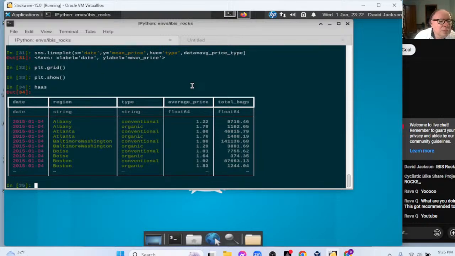What else do we have back up here? Oh, I made a fatal mistake. Oh, crap. I forgot to exclude. This is all the data from all the regions plus the total for the U.S. That's not what we wanted.